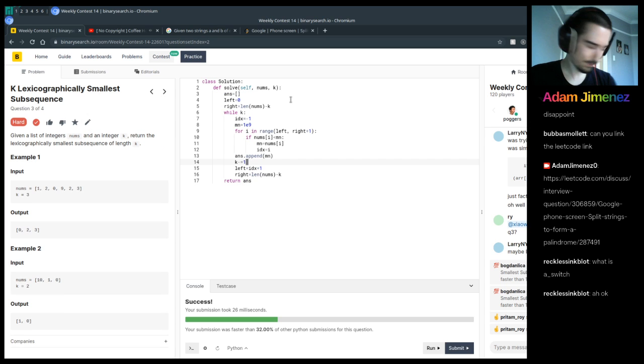Okay, this one. I spent a lot of time trying to do it as dynamic programming. It was kind of working, but I always ran into time limit exceeded. I tried optimizing it, turning it into a bottom-up DP, but then I had so many problems trying to keep track of which numbers were picked and which weren't. Usually in dynamic programming, you only care about the answer, like the length of the longest subsequence or whatever. But now you want the actual numbers, so you need to keep track of which numbers you picked